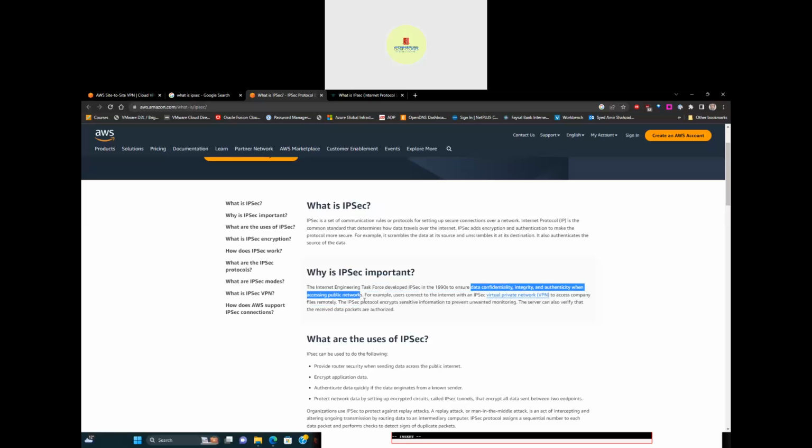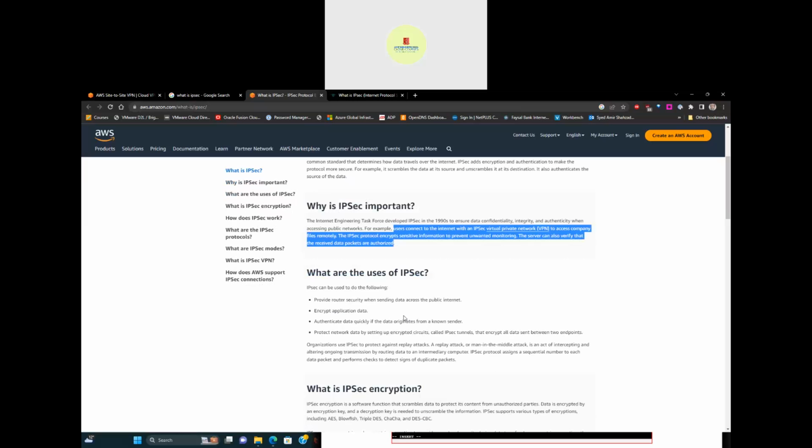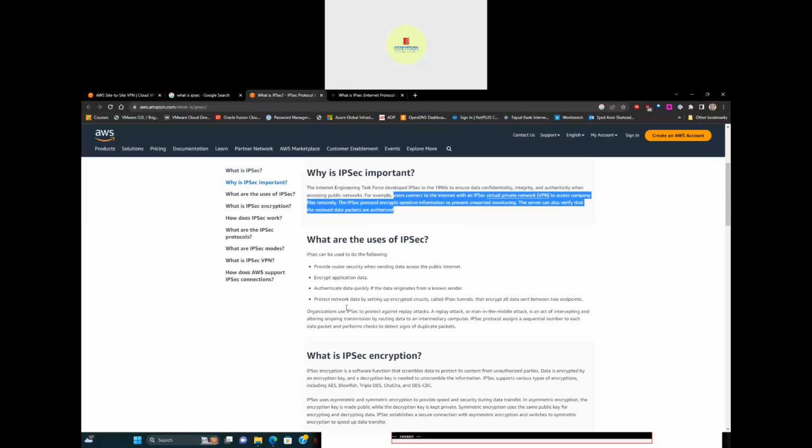There are session IDs that it creates. For example, users connect to the internet with an IPsec VPN to access company files remotely. The IPsec protocol encrypts sensitive information and prevents unwanted monitoring. The server can also verify that the received data packets are authorized, that they are coming from the same source as when it started. And then